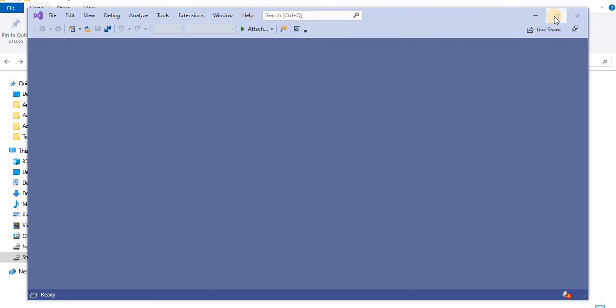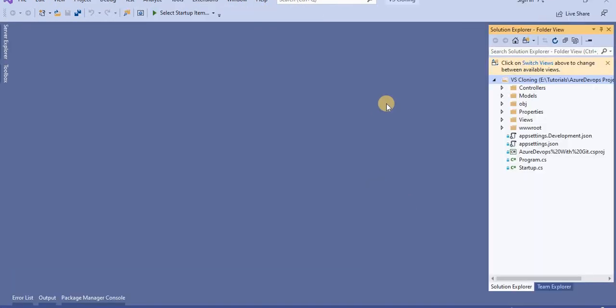In 2019, because I have installed Visual Studio 2019 on my local system. You can open this project in whatever version you have locally. So in that Visual Studio you can open that particular project. It takes a few seconds based on your system configuration,